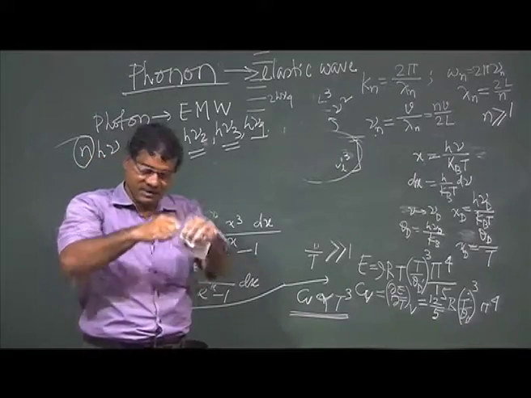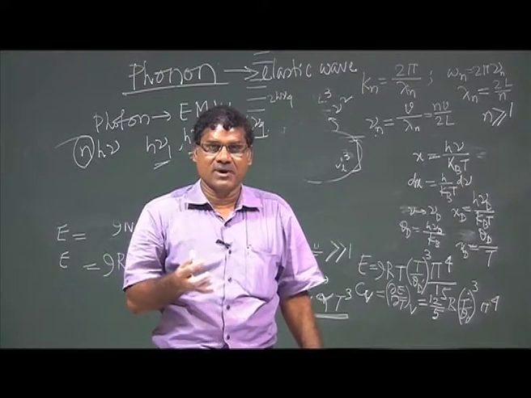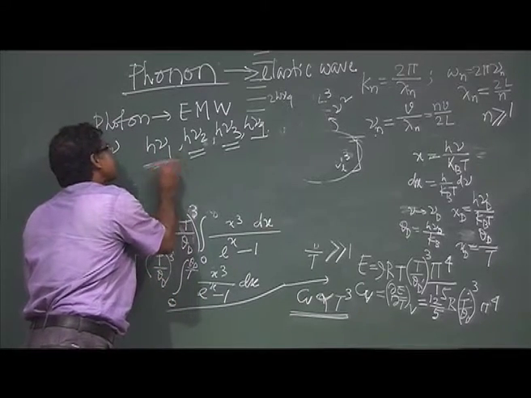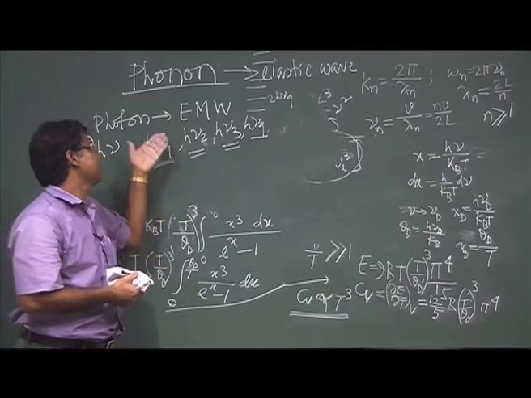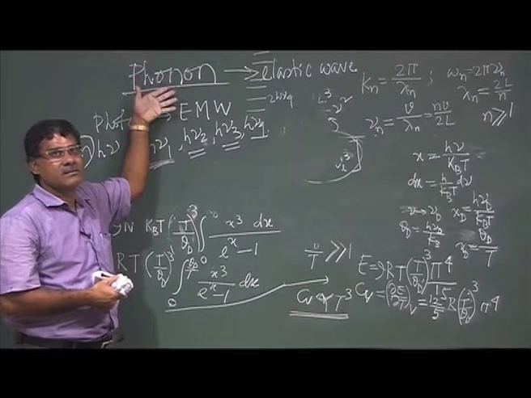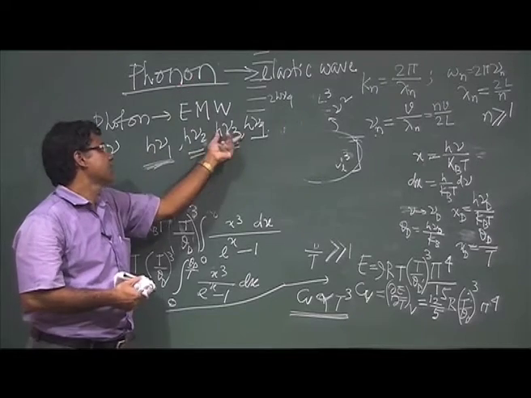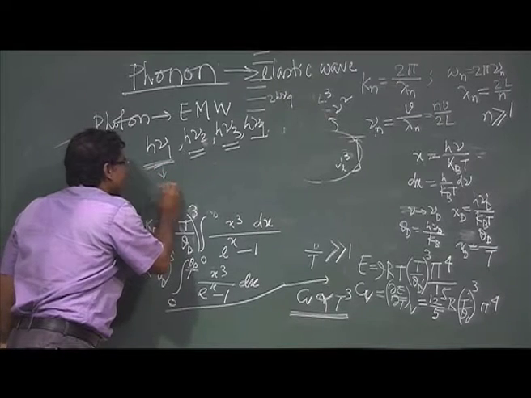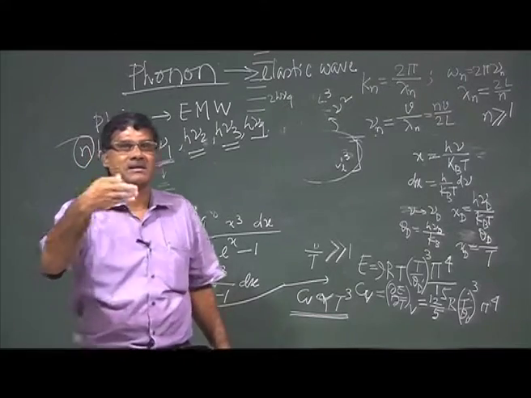So, as a whole, this elastic wave, when it is in the ground state, we can consider it as one phonon. It consists of one phonon. When it is at a higher energy level, the nth energy level, it contains n number of phonons. This also has n number of phonons. This also at a higher state has n number of phonons. Okay. So, each mode can have any number of phonons. So, the number of phonons tells the excited state.